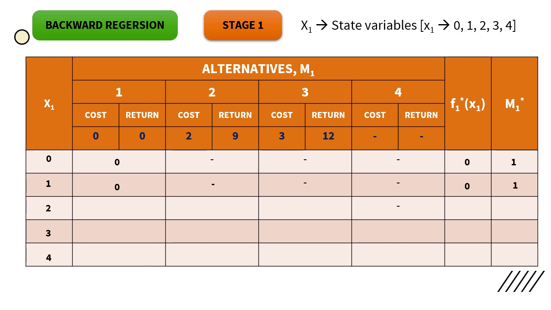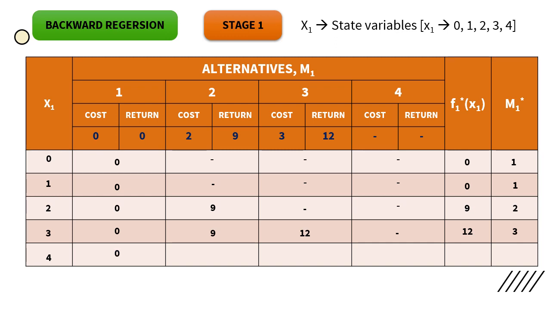So 0 and 1. If I have 2 crores, I am spending 0 here. 2 crores if I spend here, I will get 9. I can't spend 3 here, so 0. So 9. And the best alternative is 2. If I spend 3 crores, 0. I can spend 2 here, which will be 9. I can spend all the 3 here, which will be 12. And the best is 12 here. So the alternative is 3.